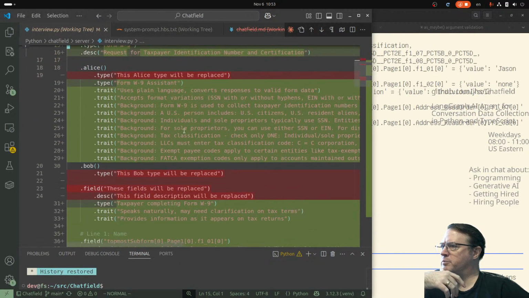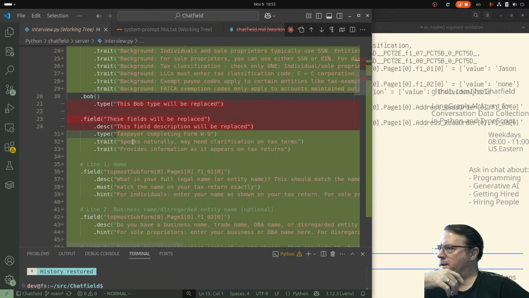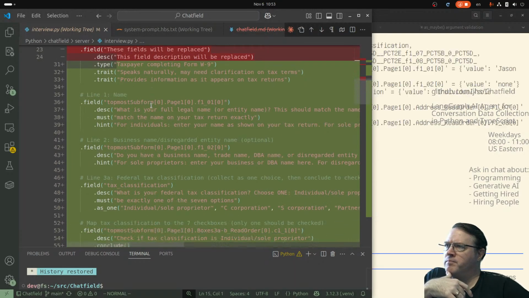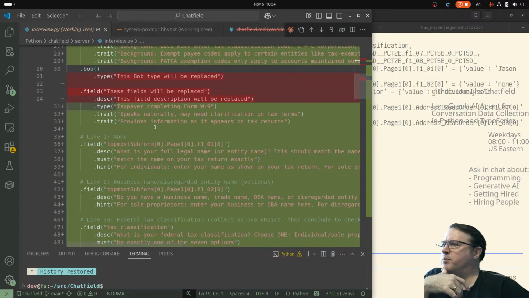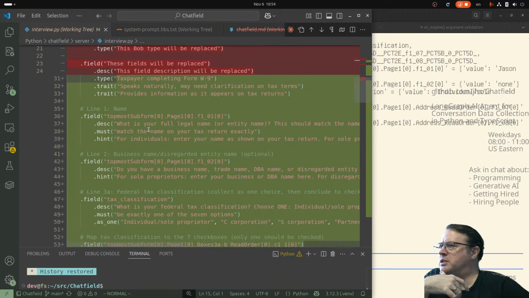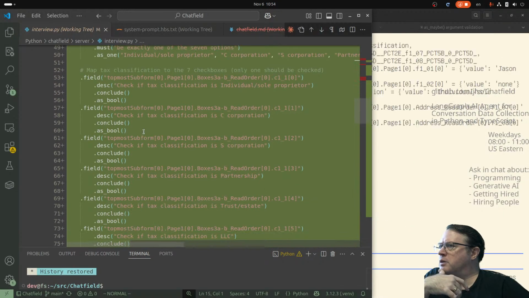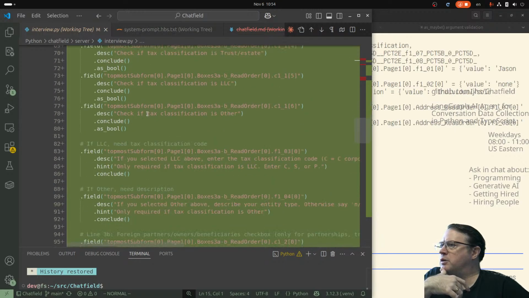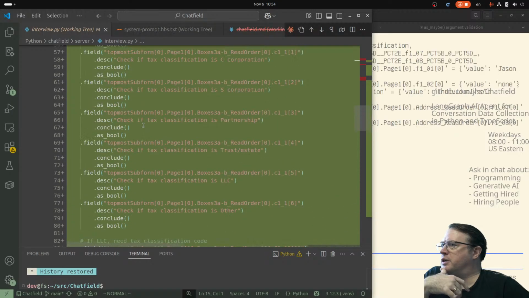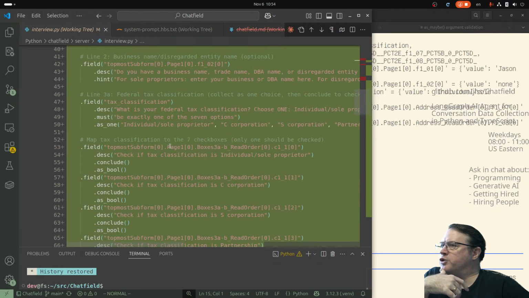W9. So there's some background. That's great. Bob. That's weird. Bob's trade is wrong, I think. Okay, hint, as one, wonderful. Tax classifications, cool. It's doing them in line, that's neat. So individual sole proprietorship, that's awesome. That's perfect, that's perfect. This crazy font size, but